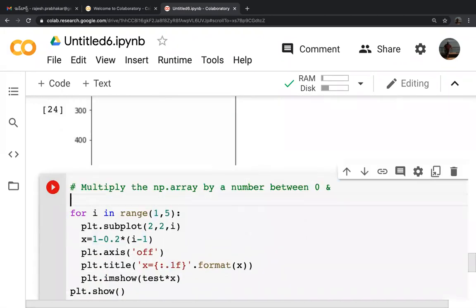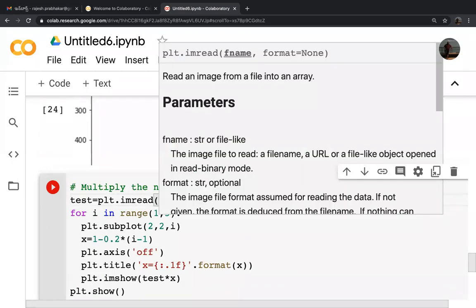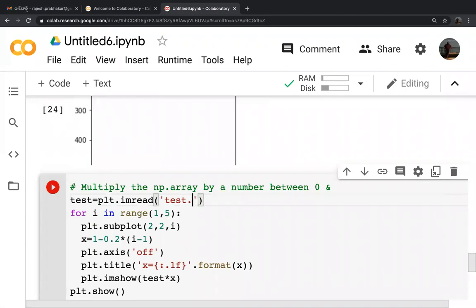So first we have to read it. test is equal to plt.imread('test.png').